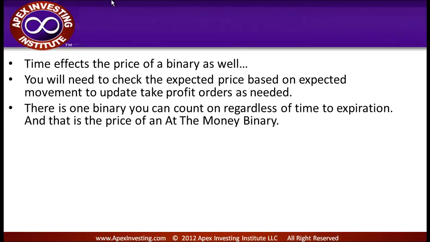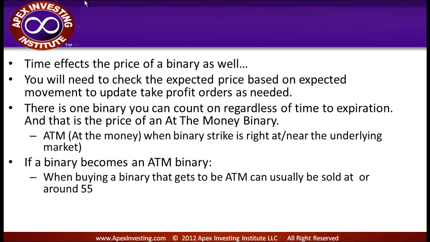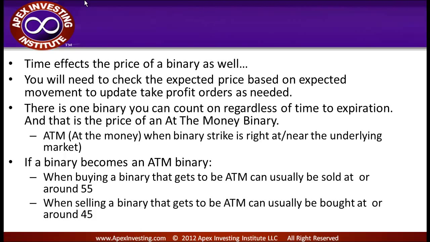And there's one binary that you can count on regardless of time to expiration of what the price will be. And that's the price of an at-the-money binary. And an at-the-money binary is a binary where the strike is right at or near the price of the underlying market. And if a binary becomes an at-the-money binary, then if you bought the binary and that binary gets to be at the money, so basically that strike becomes the exact same or very close to where the underlying market is, then it can usually be sold at or around $55. Now, if you sold a binary and that strike gets to be at the money, meaning the market moves down and now the strike and the underlying are about the same, that one can usually be bought at or around